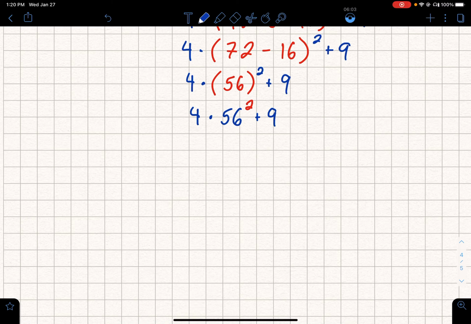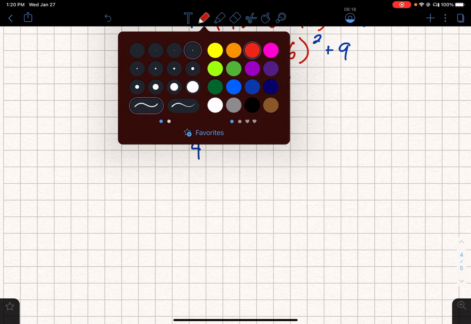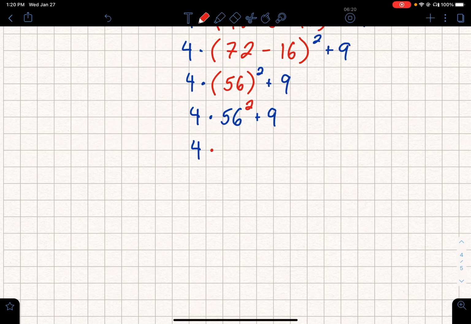So as a reminder, when something is squared, that means we multiply it by itself that many times. Because it's a 2, we're going to multiply 56 by itself twice. So 56 times 56. And that's going to be a big number. It's going to give us 3,136, and we're going to transfer that down. 4 times 3,136